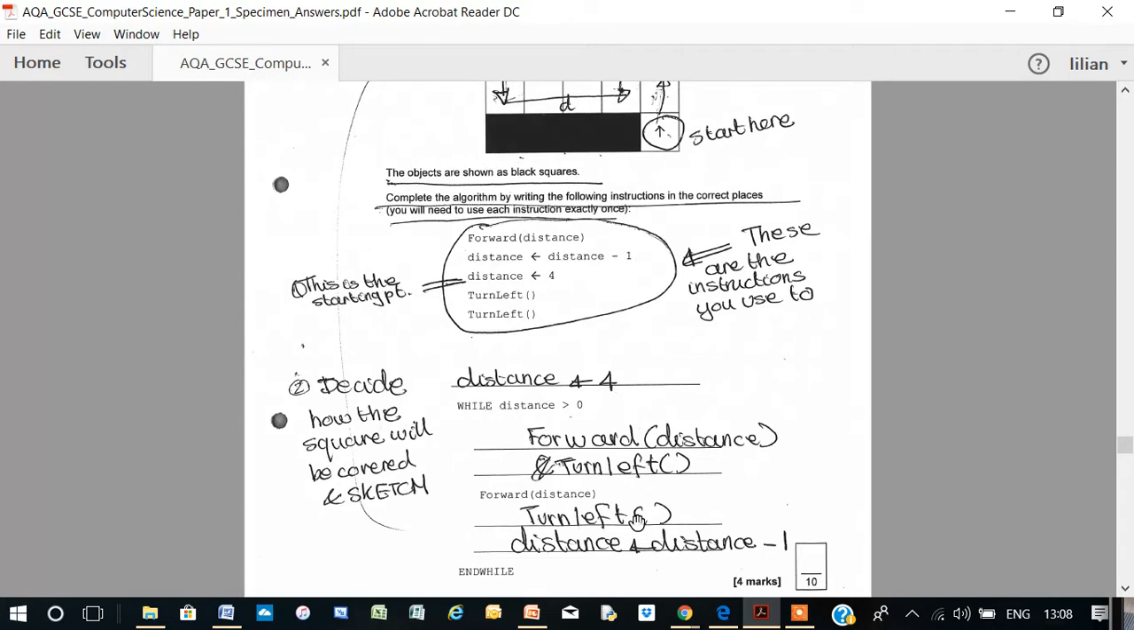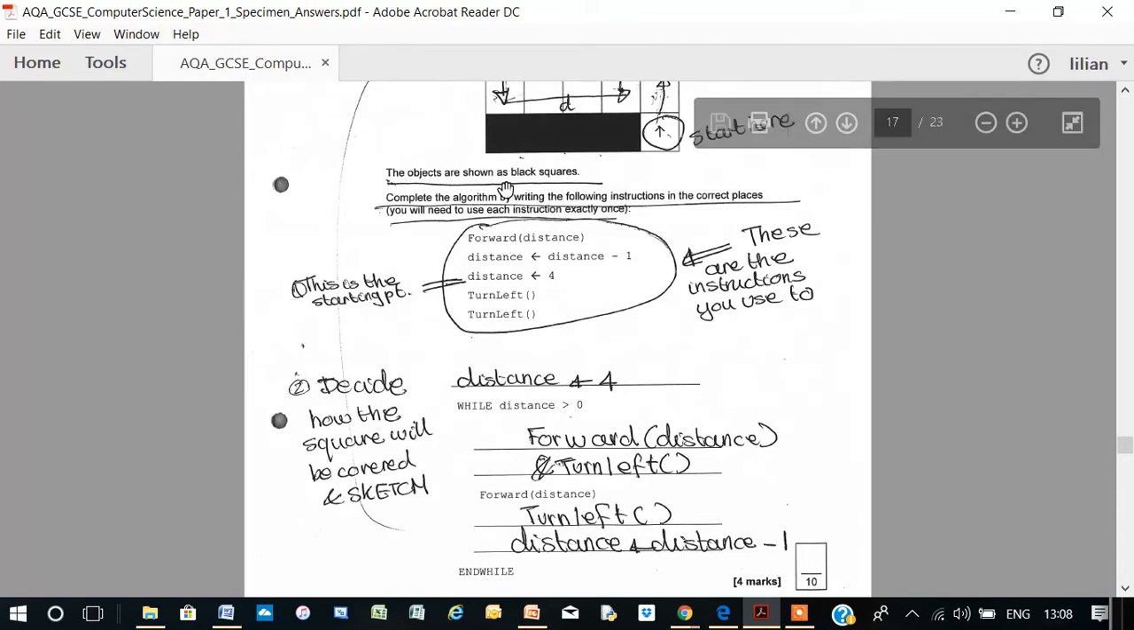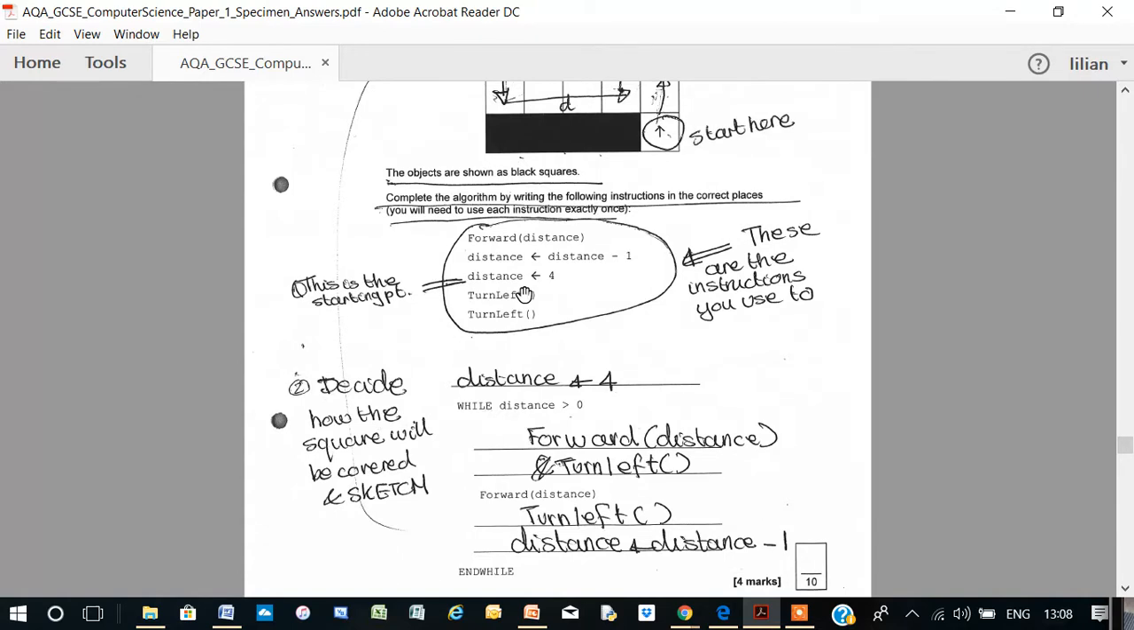Now it's given you here some statements, and it's asked you to fill in other statements. It's given you the set of statements here and asked you to use the statements only once. It's a little bit of trial and error. Now you know that